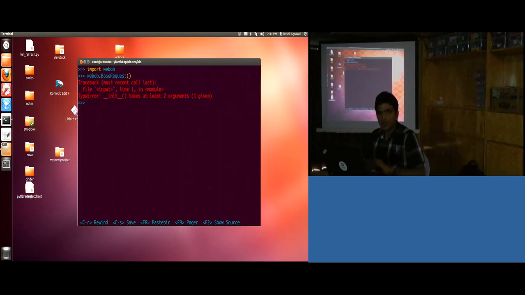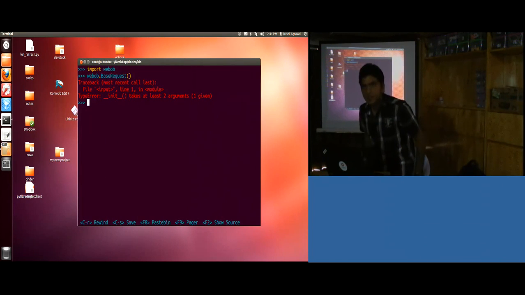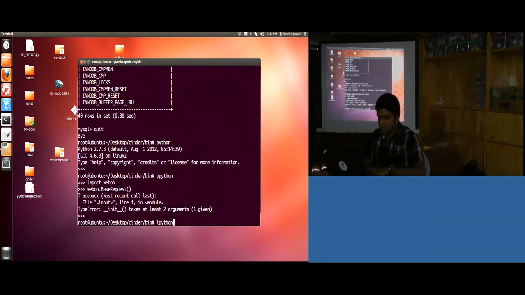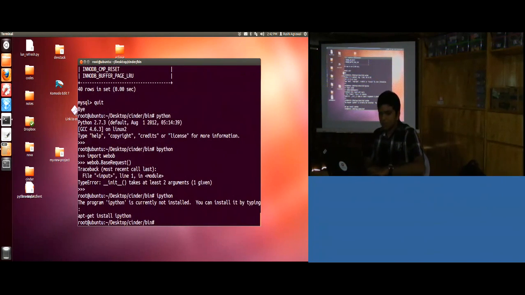So you got IPython installed on your machine? Yeah, this is BPython. It's similar to IPython. BPython is like this, IPython is like this. You can install both simultaneously. I haven't worked with IPython. You can show it. But you have installed it on your machine? Let me check. No. So yeah, IPython. What's the difference?